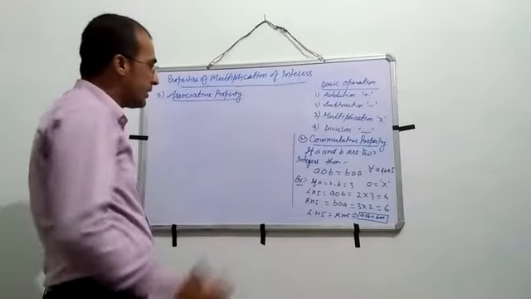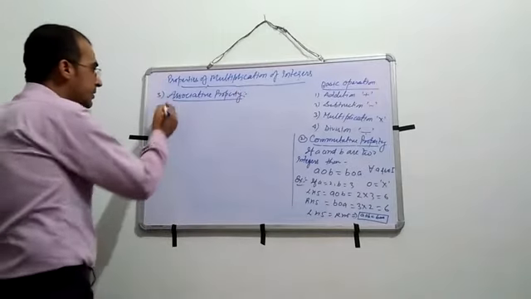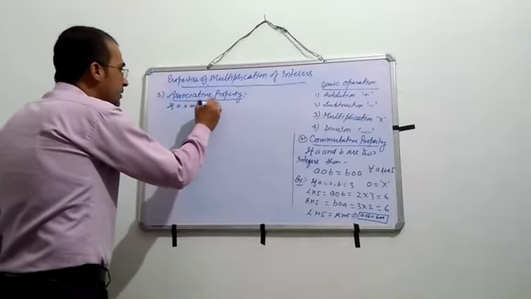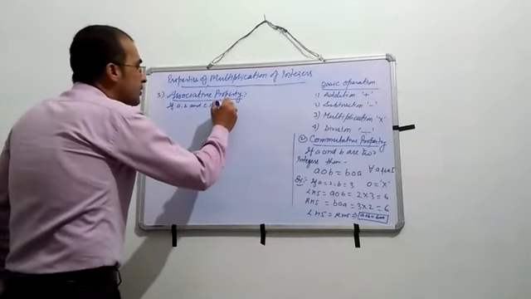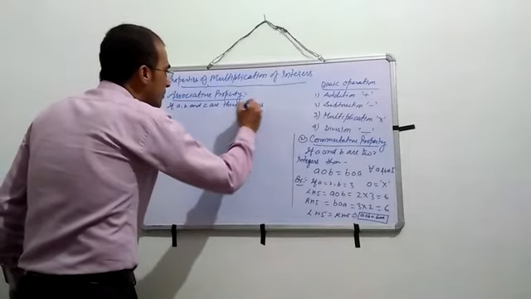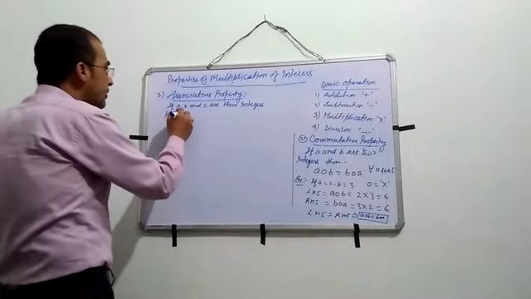In this property, we will consider three integers. It means if a, b and c are three integers, then according to associative property,